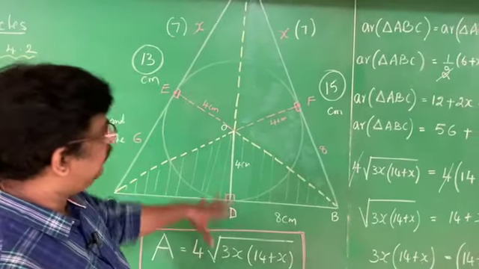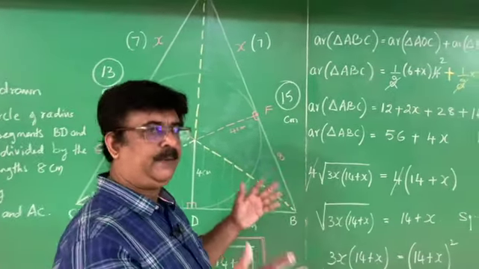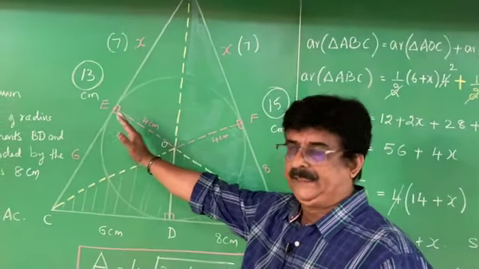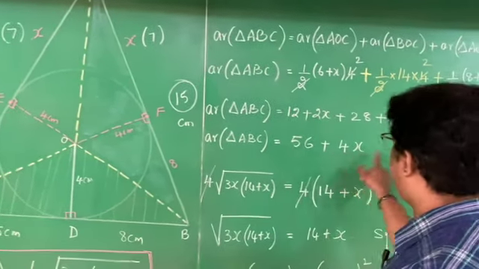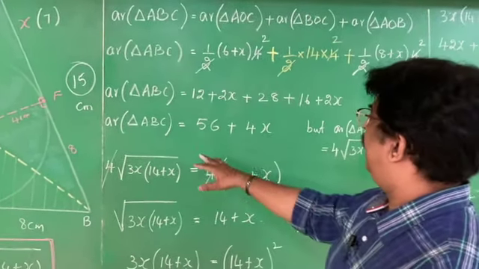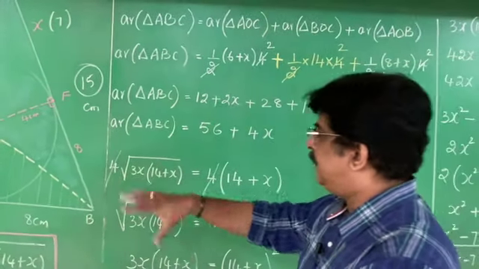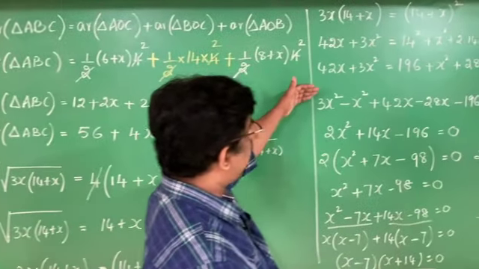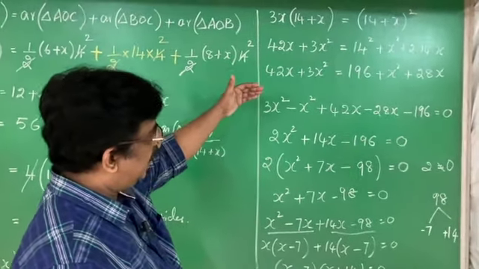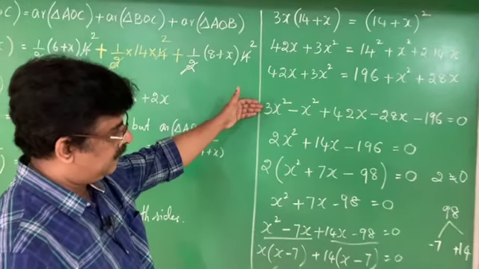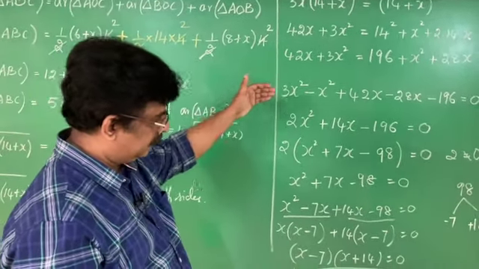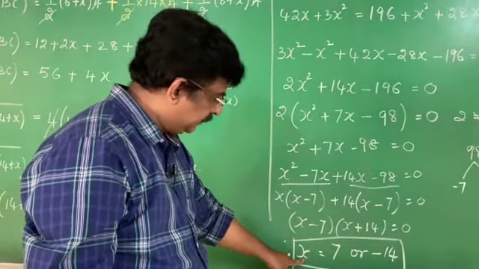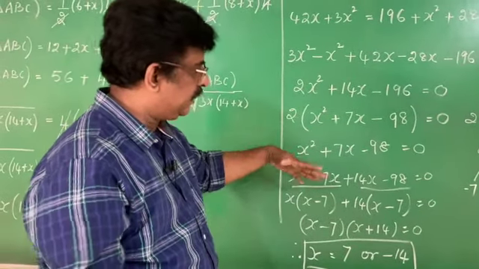Then find the area of the same triangle by the regular method, half into base into height. This triangle is divided into 3 triangles because each side is taken as the base, and we calculate the area. Here the area is calculated as 56 plus 4x. Both the areas are compared to get the value of x. Here we are using the concept of quadratic equation, and quadratic equation is there in the 10th standard. I am going to start the quadratic equation in my next class, and by using the quadratic equation, x is equal to 7, but I have not used any quadratic equation technique here.